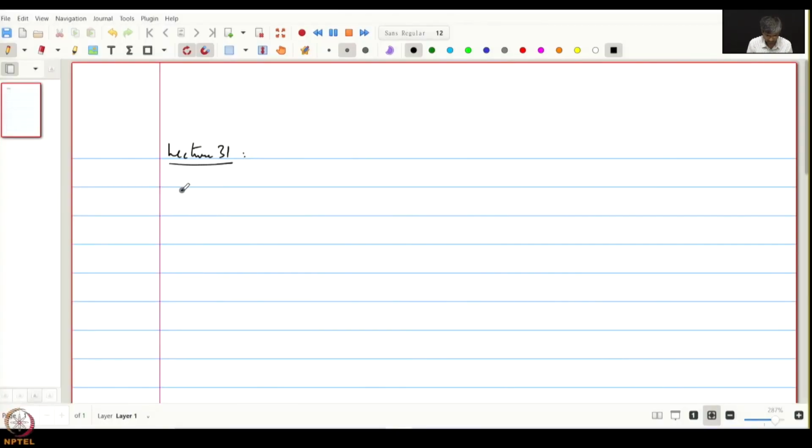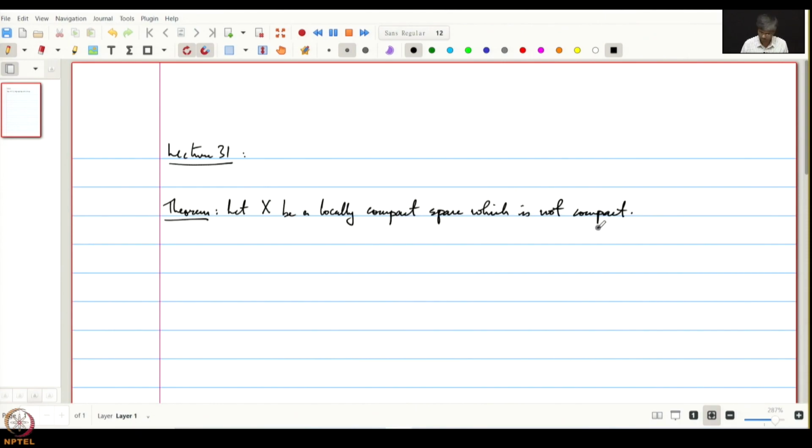So, let's begin with the main theorem which we are going to prove. Let X be a locally compact topological space which is not compact. Okay. So, then there is a compactification